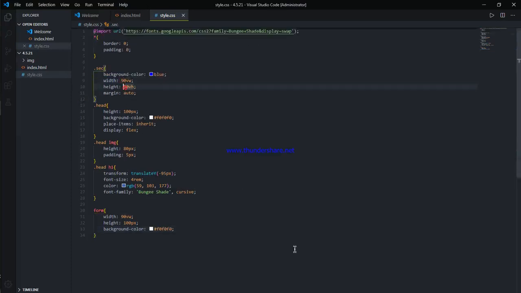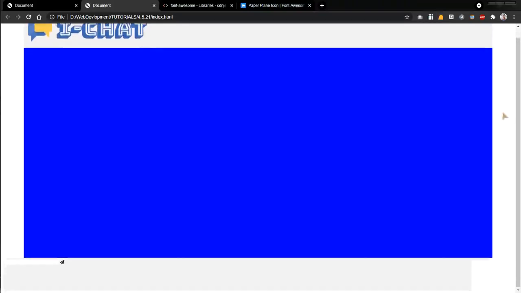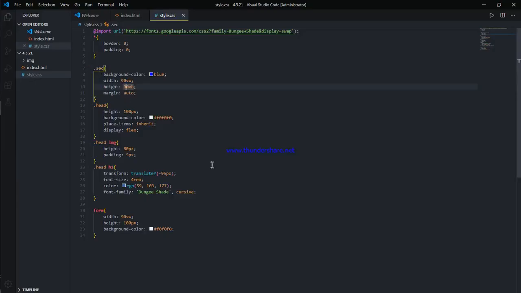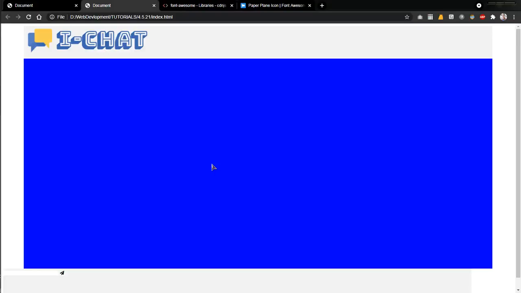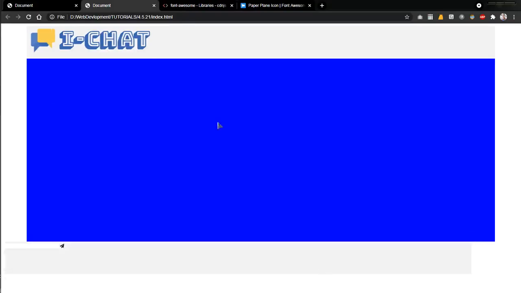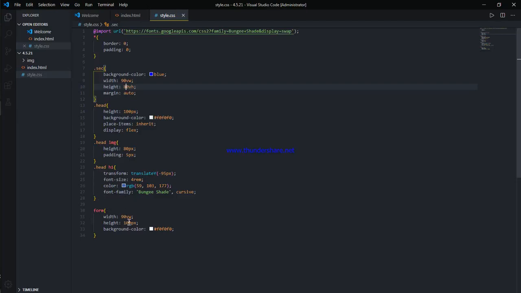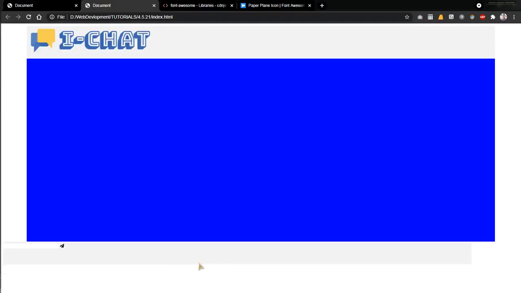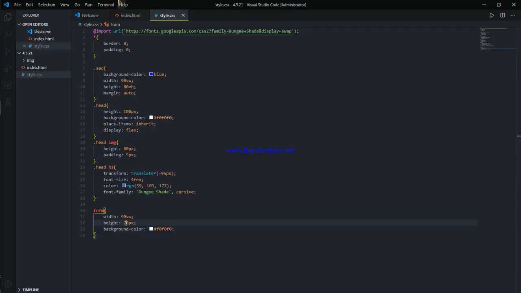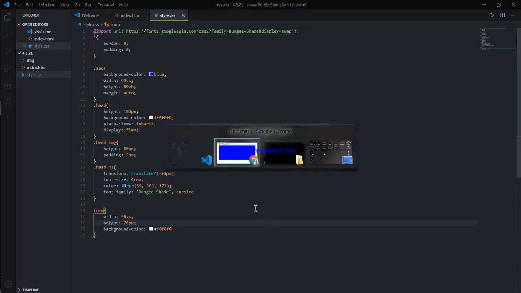So we can change the height of the section because it is overflowing and that doesn't look good. All right, it's nice. We can just decrease the height of this and it worked.